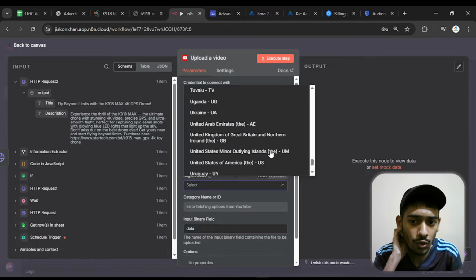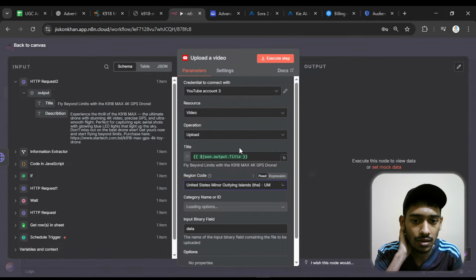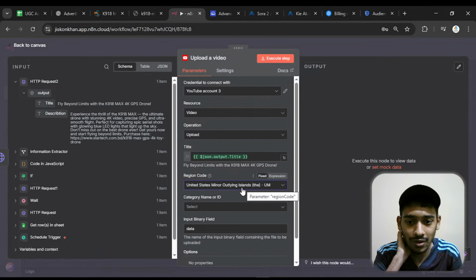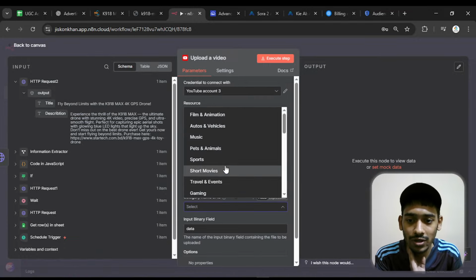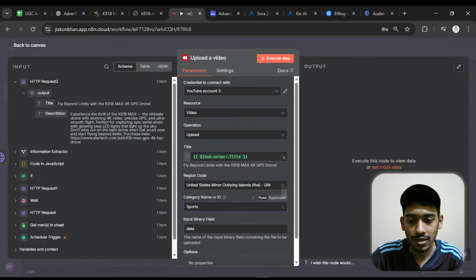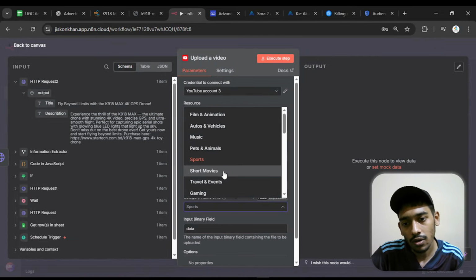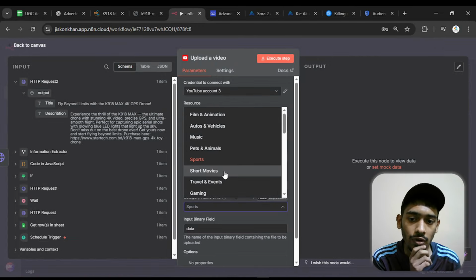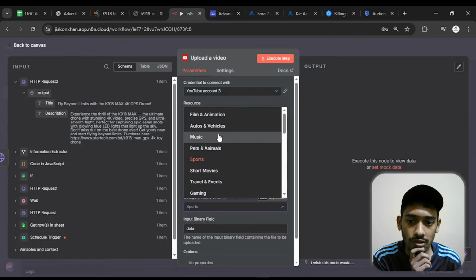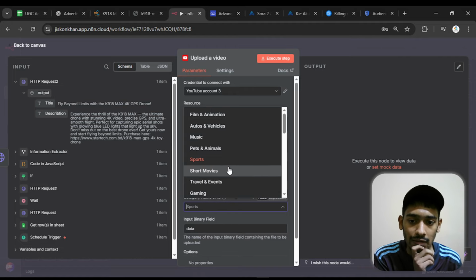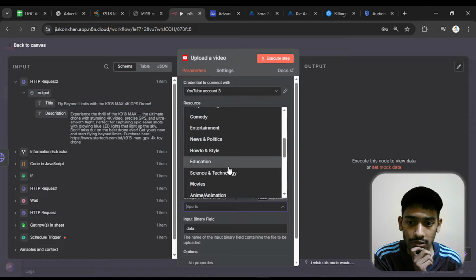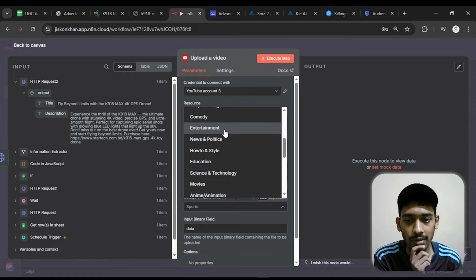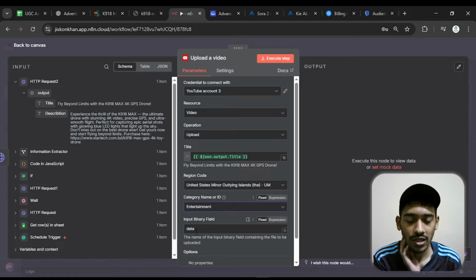So I just go with United States, or whatever, choose United Minor Islands, whatever. Okay, just go with anything. And then go with category name. In our case, whatever, go with pets and animals, or autos and vehicles. I go with something like entertainment, science, technology, it can be anything, right? I just go with entertainment. And in the place of input binary